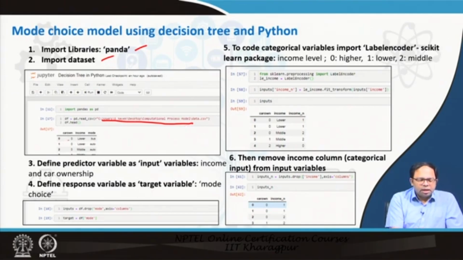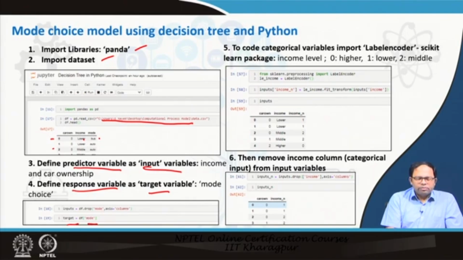This is the car ownership level, this is the income level, this is the final mode, this is the serial number, and so on. And then I want to convert my predictor variable. So, we next need to define which is my predictor variable and what is my response variable, so that we will set the inputs and targets. So, this is the input and this is the target. The target is set as mode and the input is the other ones.